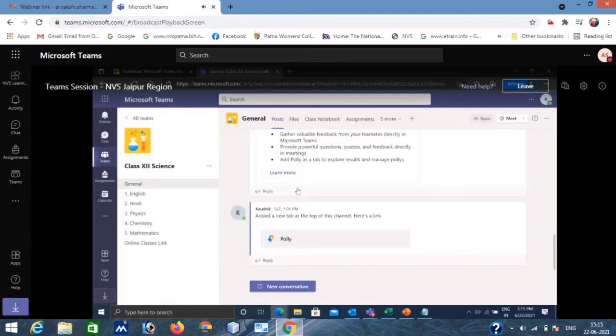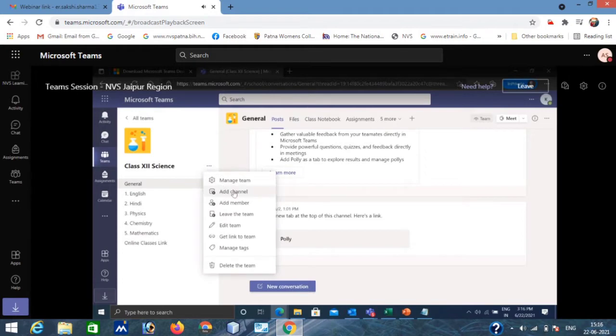Now, the student can see it, but the teacher can't see it. The principal has to add the respective teachers there, right? Like for class science, suppose Mr. or Mrs. XYZ is responsible for taking this class. So what they have to do is this particular 3 dots option, which is very much important. I'm just hovering the mouse over here. Come to this place, there is an option called manage team. They have to click manage team.